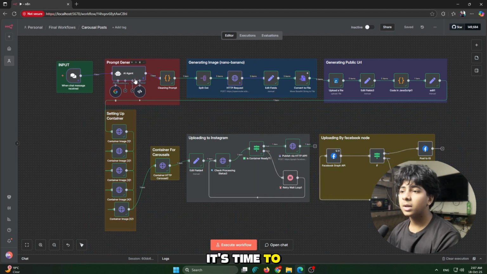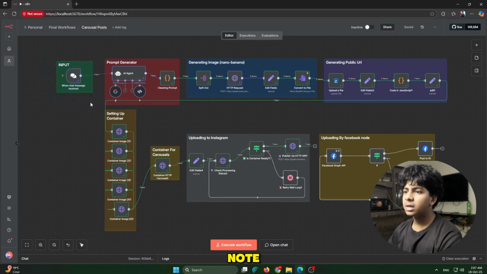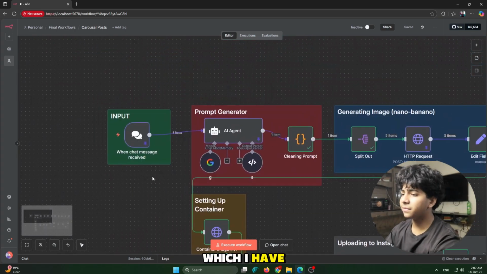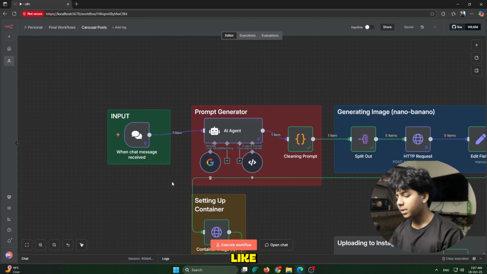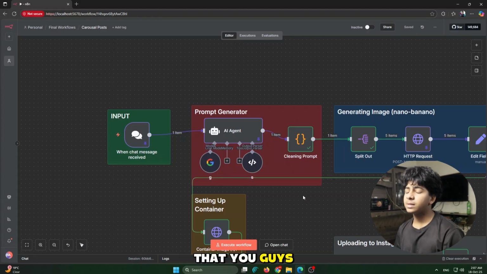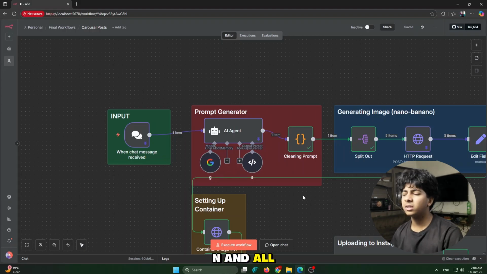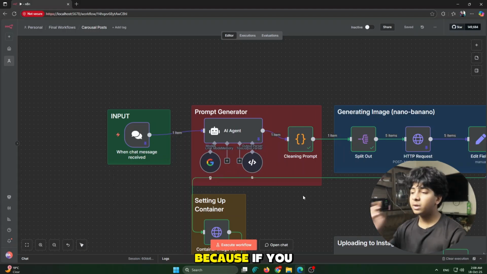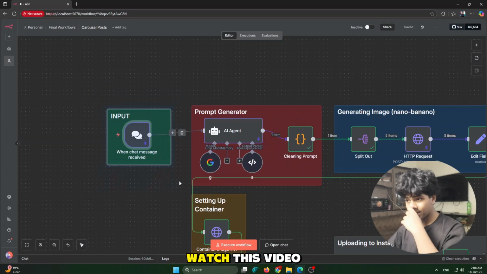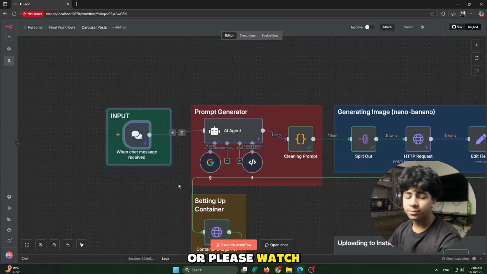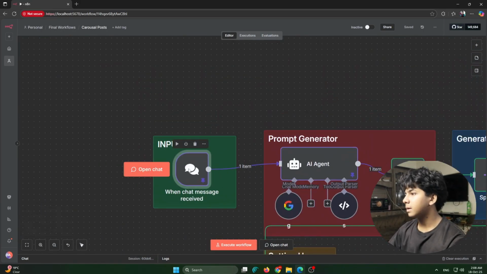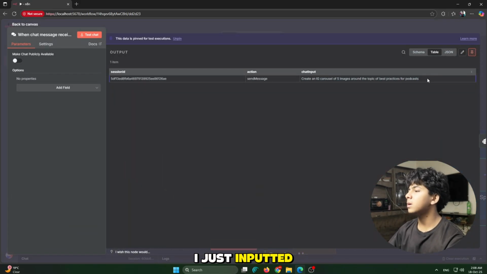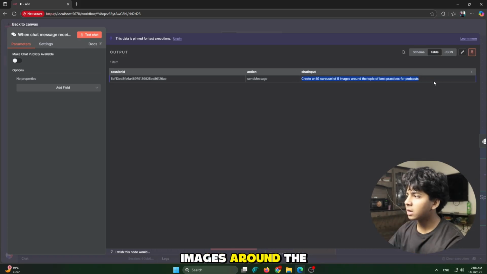Okay, so now it's time to go step by step through what's happening in every node. So first there is an input node which I have given as a chat message. If you are watching this video, I think you must be familiar with n8n and all the basics, so I am not going to go into basics, because if you are a beginner, you should not watch this video, or please watch at least for giving me watch hours. So first is input, chat input. I just inputted create an IG carousel of 5 images around the topic of